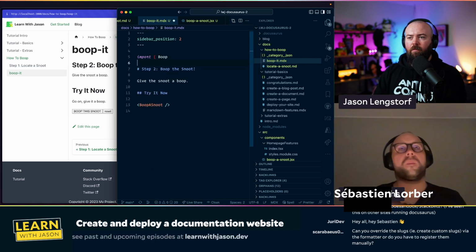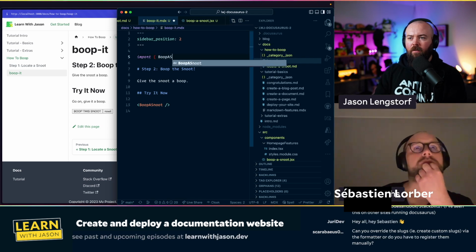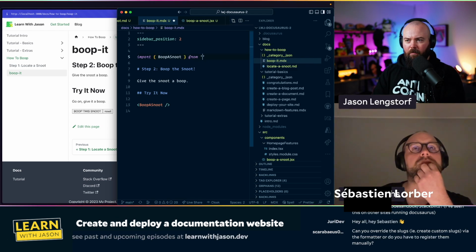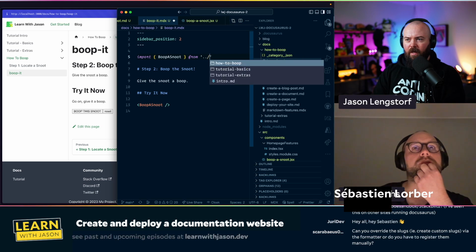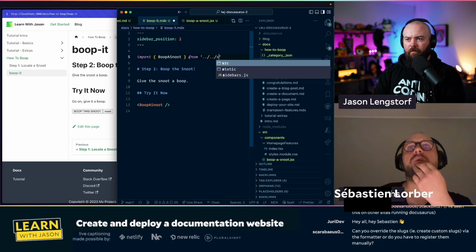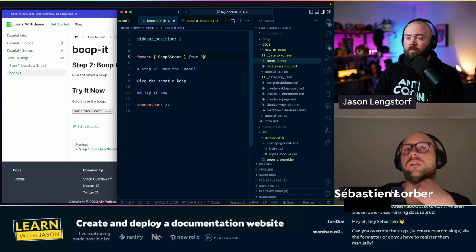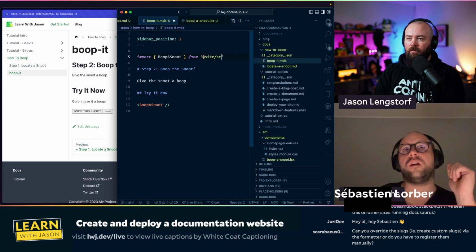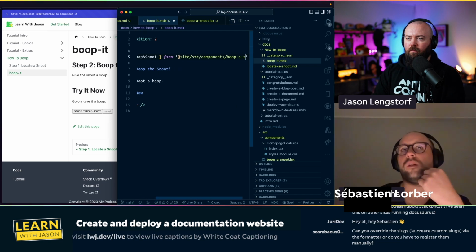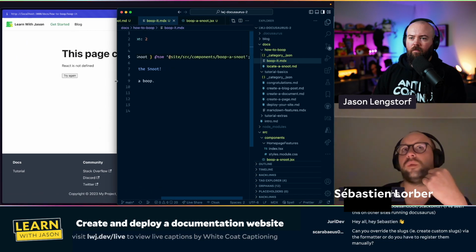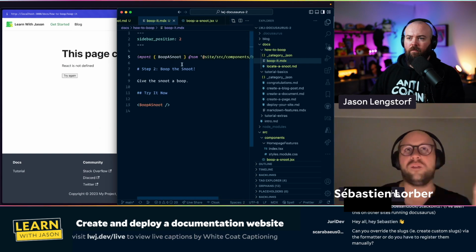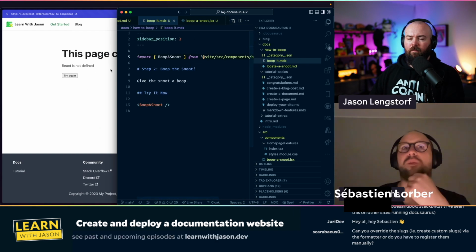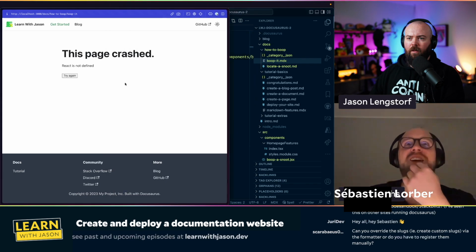Okay. So now instead of this, I'm going to import BoopASnoot. Quite possibly my best ever name. And here, if you want, we have an alias. You can start with at site /src, I think, /components, and so this way you can just have more stable things with not a lot of dots everywhere. So it depends on what you prefer, but I like